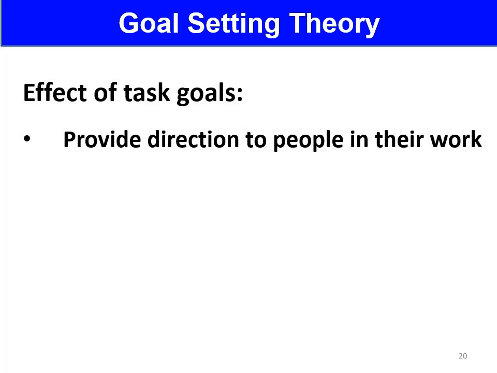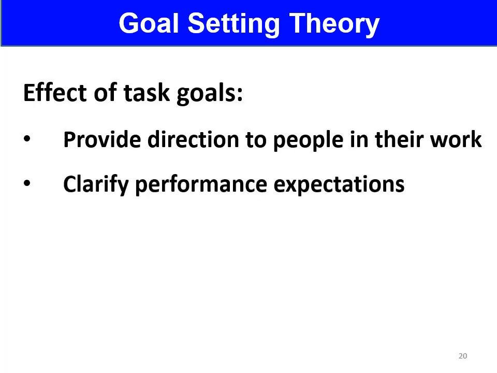Okay. Example, when they set the goal to achieve a certain amount of sales, so this sales goal setting will drive the people to sell their product according to their plan. Number 2, this goal setting provides a very clear performance expectation. As I say, people can set a target to sell a certain product or service at a certain level of achievement.